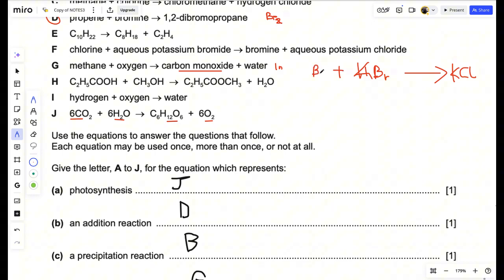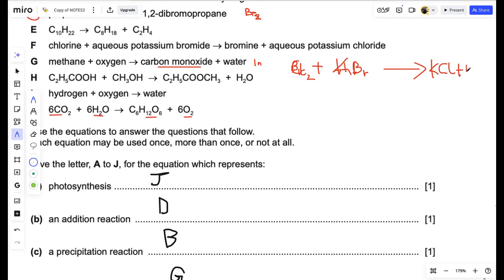This one is higher. Chlorine is higher than bromine, right? Here's chlorine, Cl2. So it's higher than bromine. So you produce potassium chloride. This chlorine will displace bromine here, and then bromine will be separate. Now it will be on its own. It will be